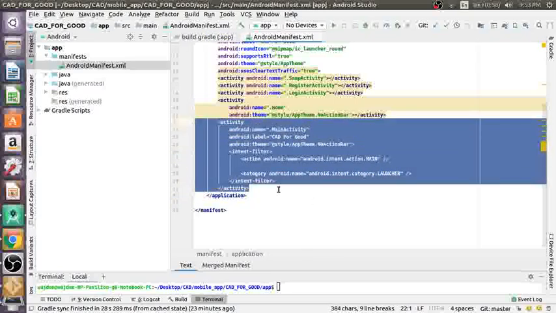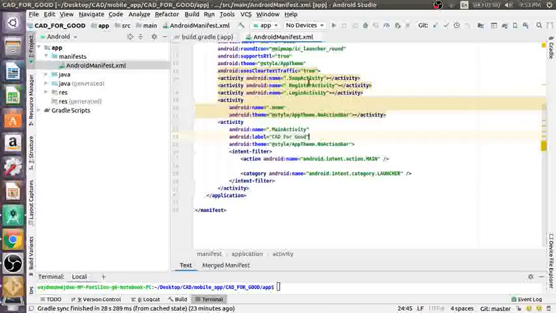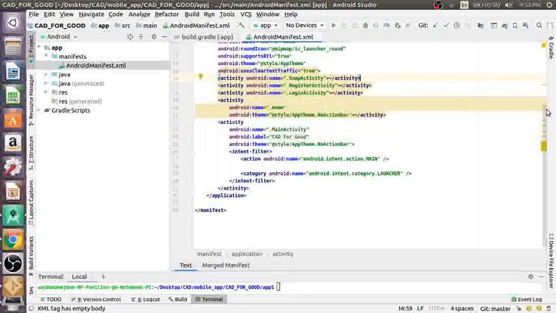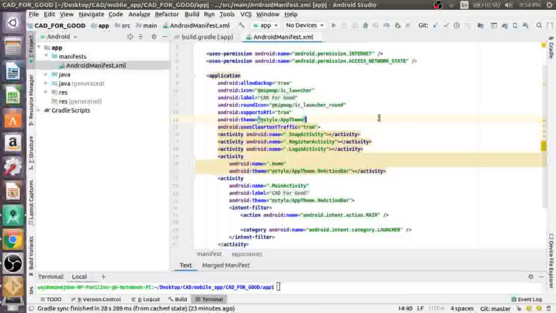And within this activity, I have just set up a timer for, I don't know, like 1.5 seconds. And after that, it opens up the home activity, right? It's right here. So all of these activities, like the login activity, the register activity, the snap activity, all of these are defined in the manifest file, right? So this is the basic hierarchy of the app. Now moving on,